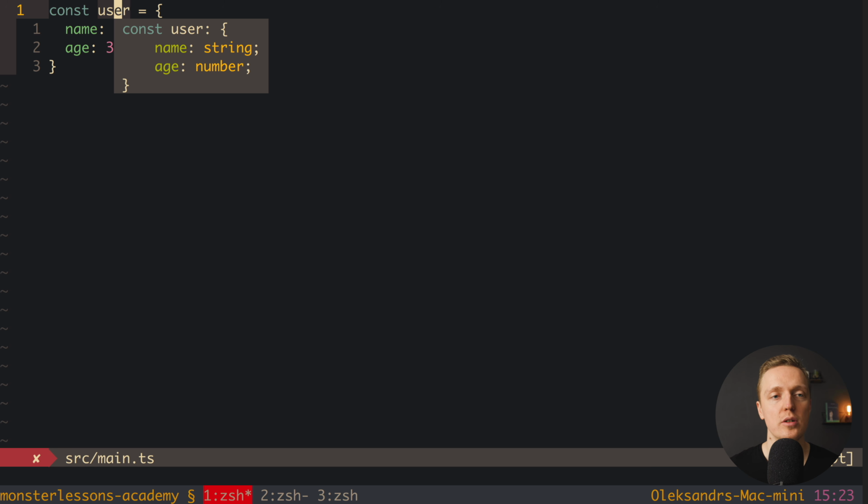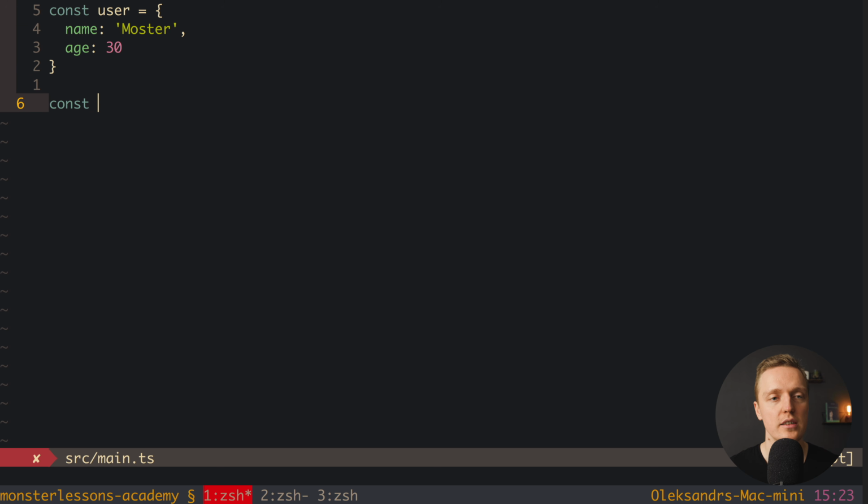Now let's create one more user. Here I will create user2, and in this user, let's say that we define only name, for example, Jack. And here is the problem. Normally in JavaScript, we can create whatever objects we want. Maybe we are working with users as an entity in our project, and we are defining that our entity user must always have two properties, name and age.